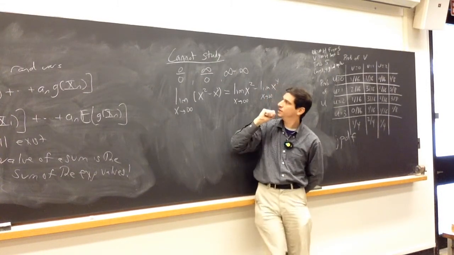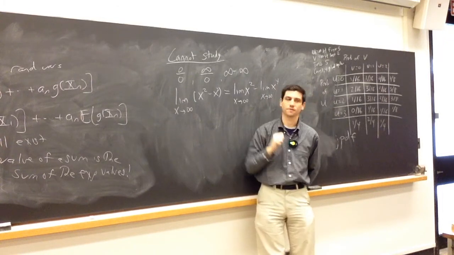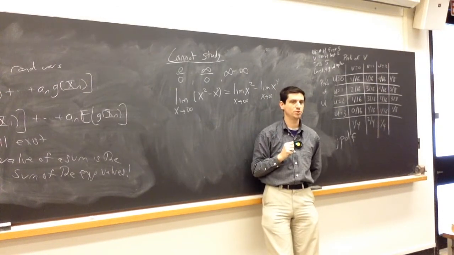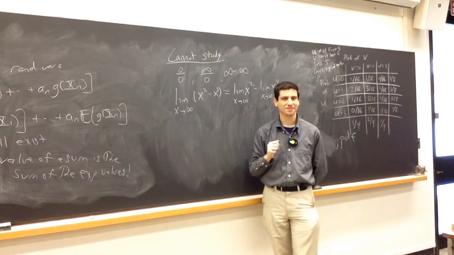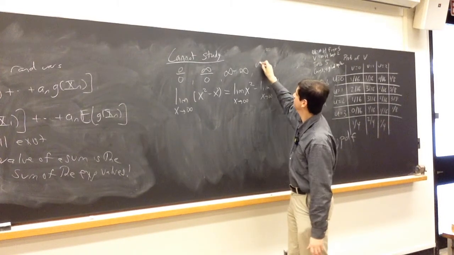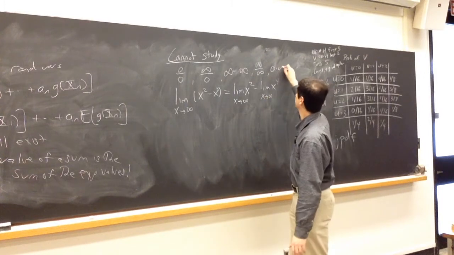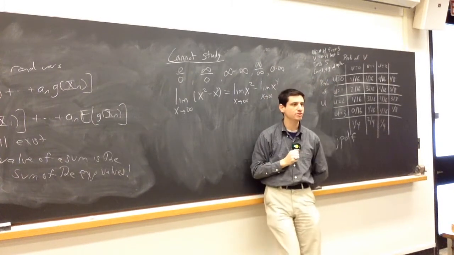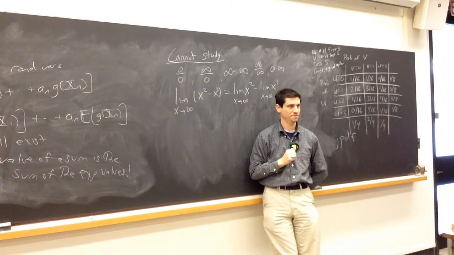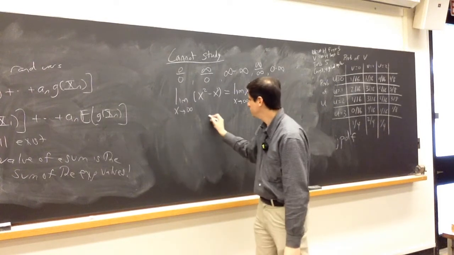As another fun one, I will do, oh, there's one that we're missing. Which one are we missing? Infinity over infinity? OK, we're missing infinity over infinity. OK, we're missing 2. 0 times infinity. I'm going to show to you that 0 times infinity is negative 1. OK? If you look,